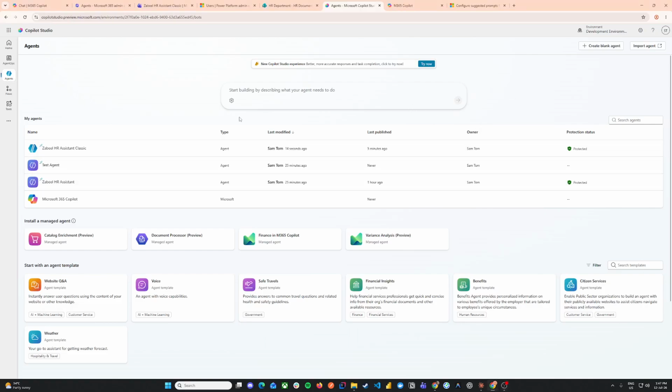So let's learn how to make a simple Copilot Studio agent with the available knowledge sources. What you're seeing here is currently the Copilot Studio portal, where you can make different custom Copilot Studio agents. This portal comes in two experiences, the classic, and currently they have brought a newer experience as well, which we can try, but it is in preview. So let's continue with the classic